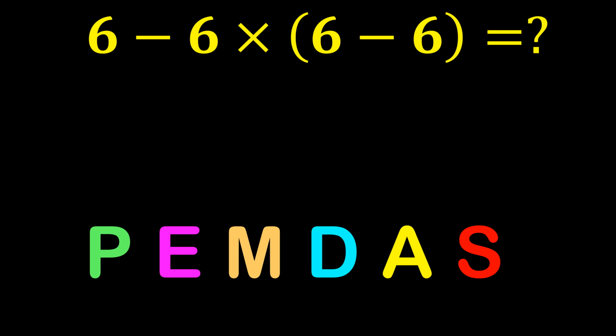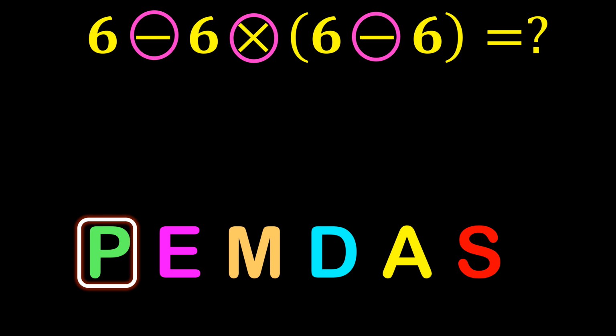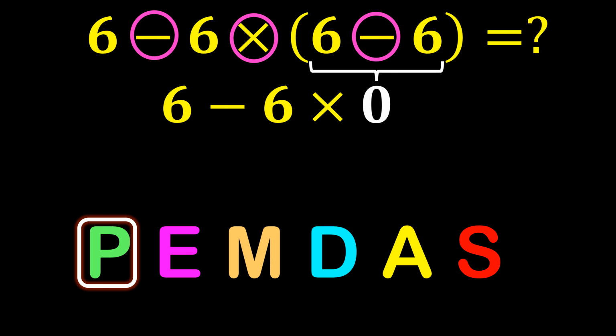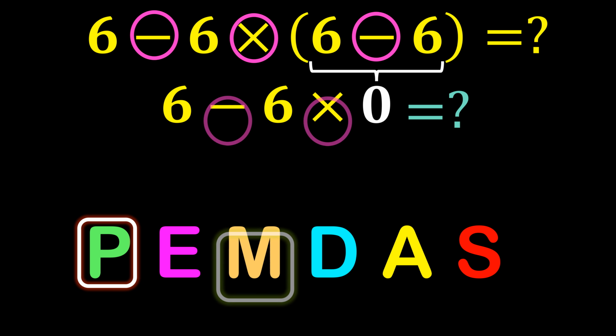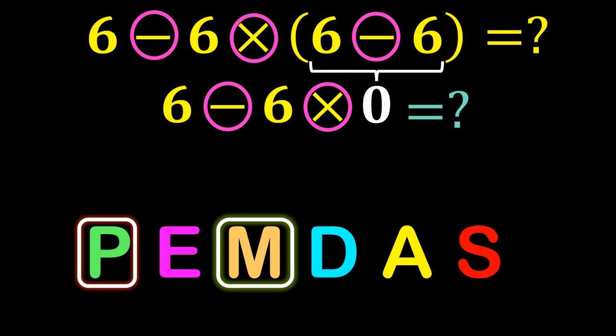In this expression, we have subtraction, multiplication, and parentheses. According to PEMDAS, we must first solve inside the parentheses. So 6 minus 6 equals 0, and the expression becomes 6 minus 6 times 0. In this new expression, we have subtraction and multiplication. Multiplication has higher priority than subtraction, so 6 times 0 equals 0, and therefore 6 minus